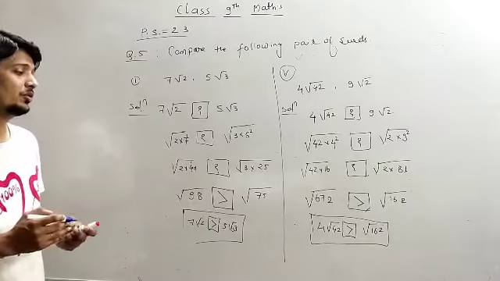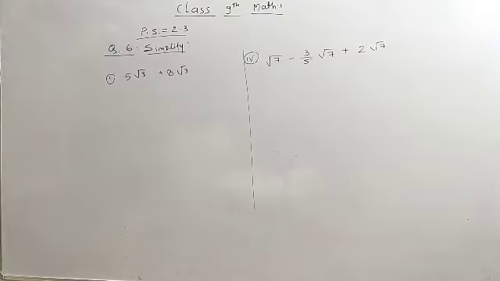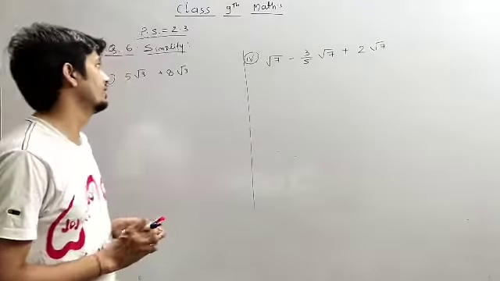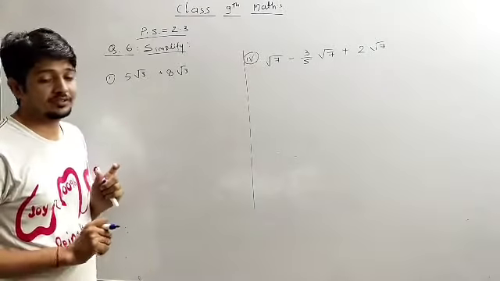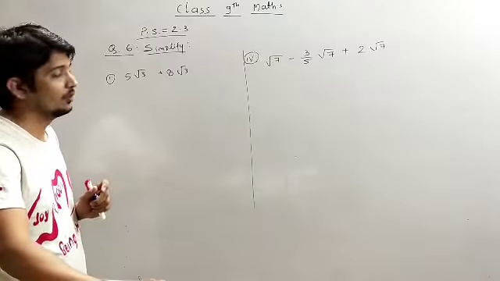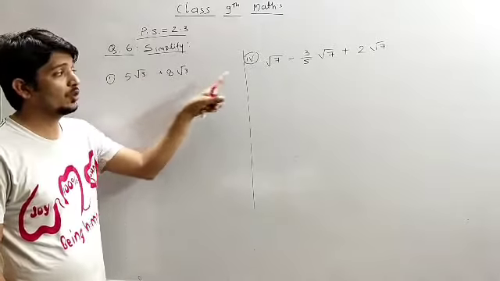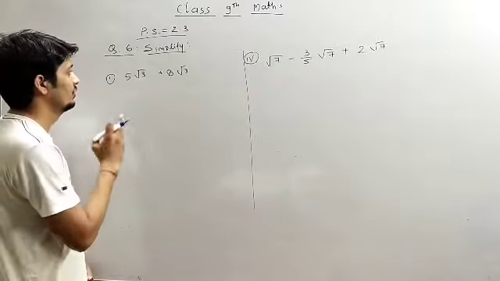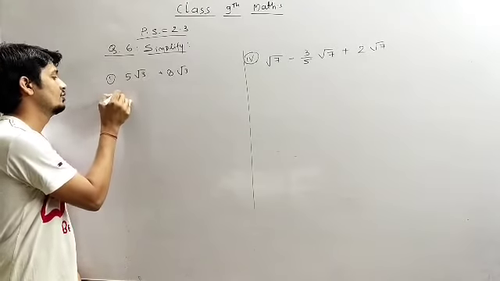Okay. So write down both the solutions. Now we will solve the sixth question. The sixth question says simplify. We have only 4 sub-questions in question number 6, so I am going to solve 2 questions and 2 will be homework for you. Simplification is really very easy. So we have to write the solution.